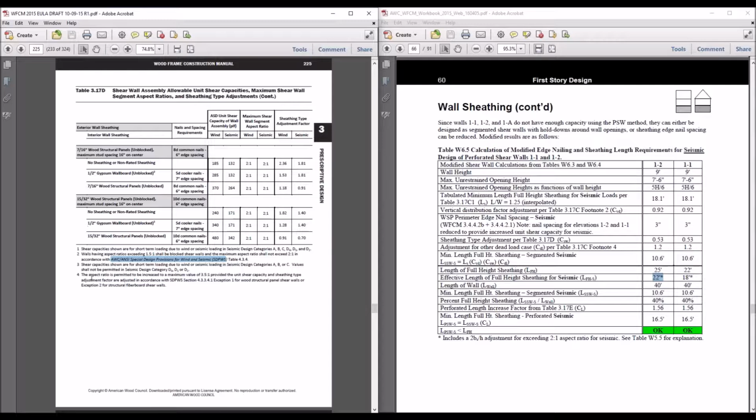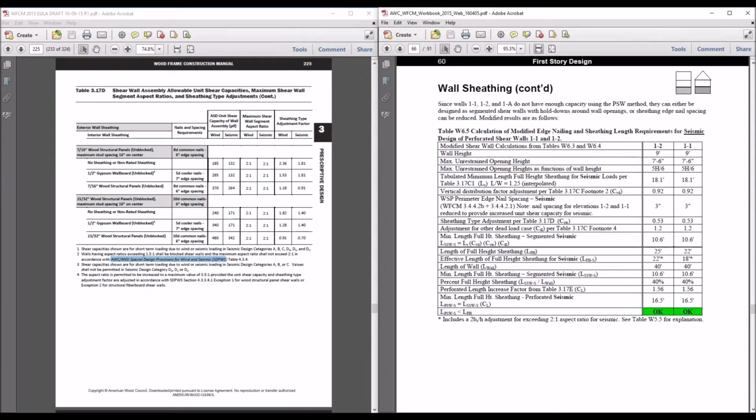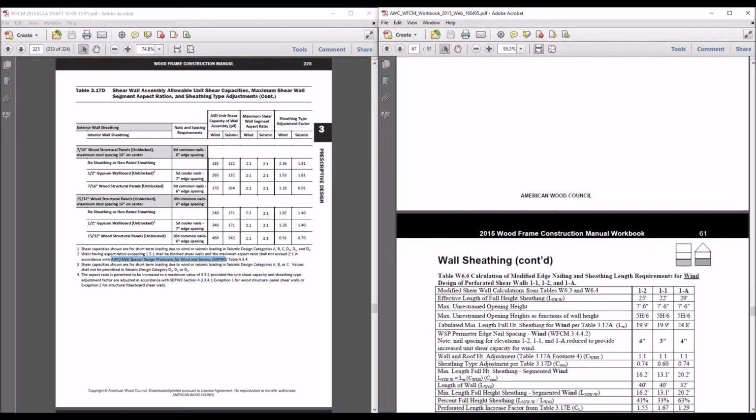And taking that adjustment factor of 2B over H. So research that. We've done that. The footnotes are important, and that's showing you why we're using those here in the workbook. So I'm back on page 60 of the workbook. We'll cruise on ahead to the wind